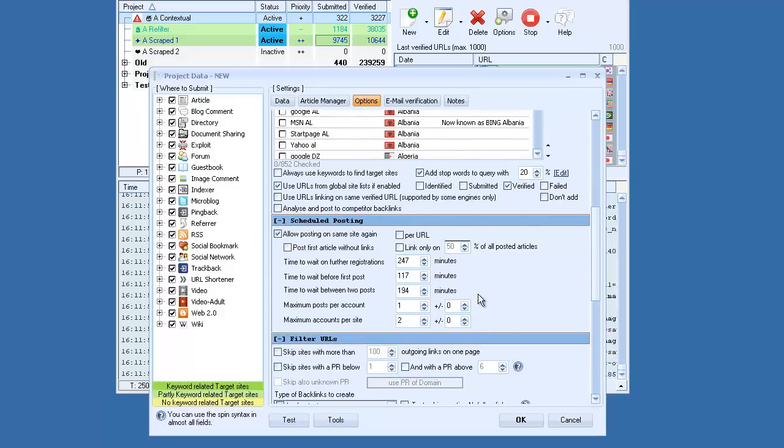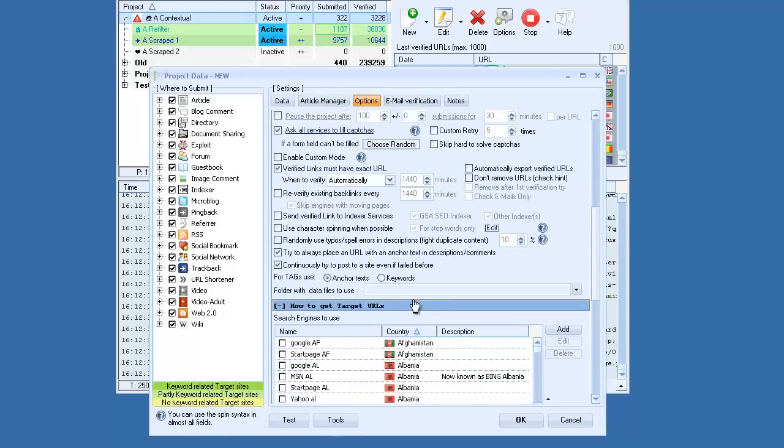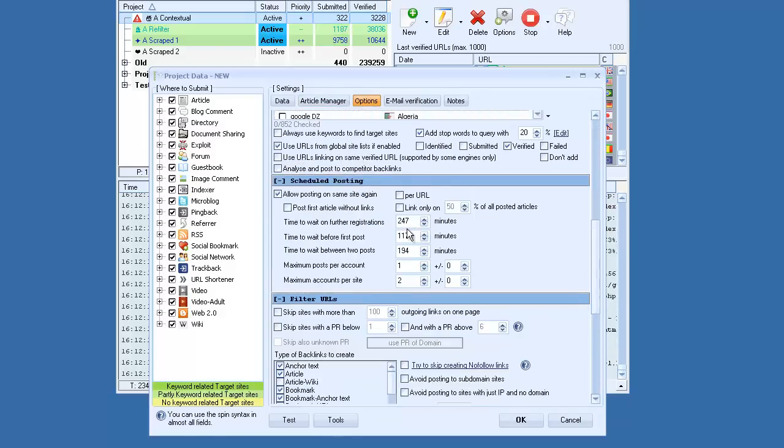This is really up to you. If you want to have multiple posts and accounts per domain.com, then you can choose this. Again, I think that the default is 5. I just have some random settings here that popped up. And so choose whatever you want there. Just make sure that you have enough articles to equal the number of accounts that you have set up here